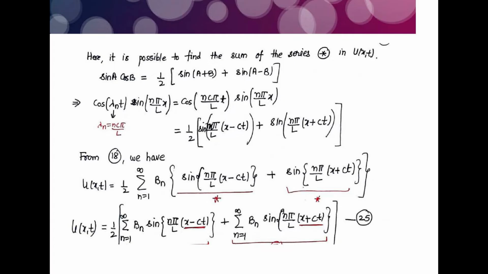So the expression sine(n pi over L x) into cos(n c pi upon L into t) is given by